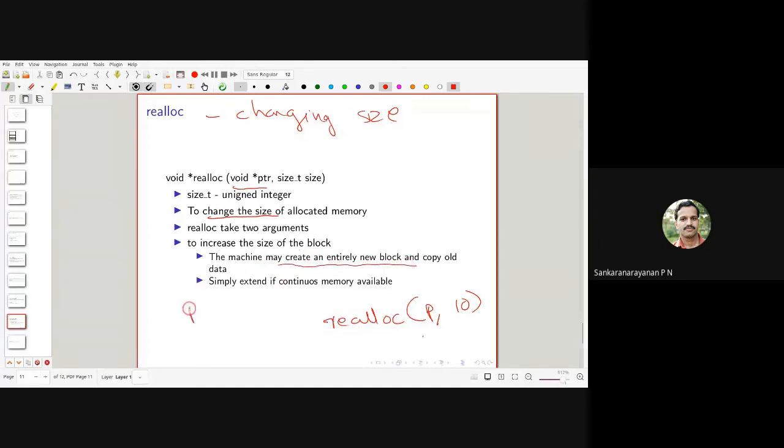To increase the size of the block, the machine may sometimes create an entirely new block. Suppose we already have 4 locations and we are going to change the size to 10.